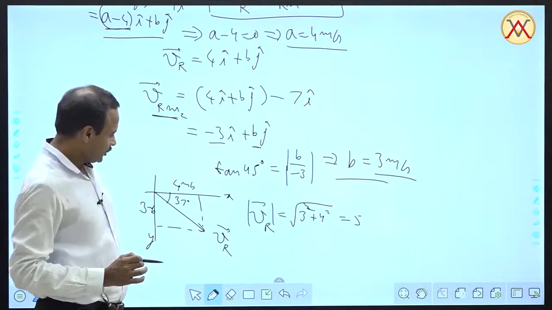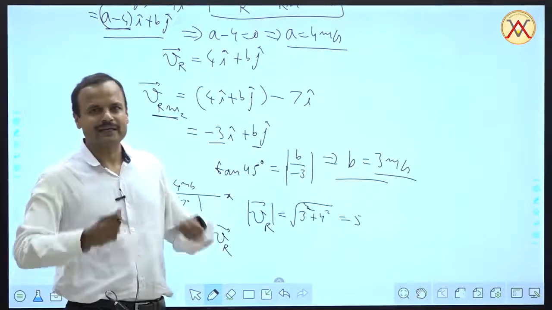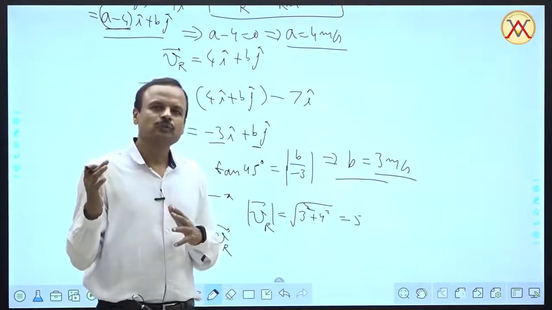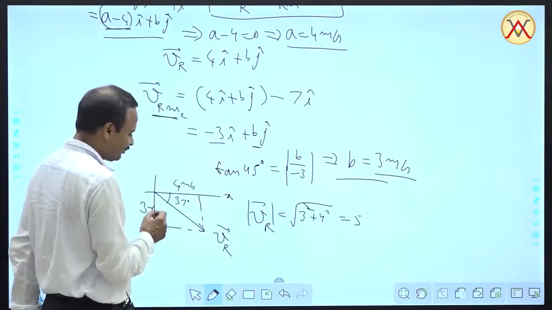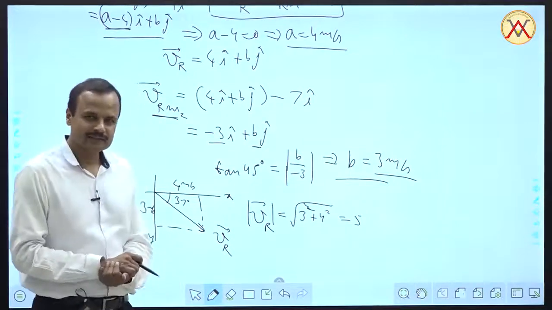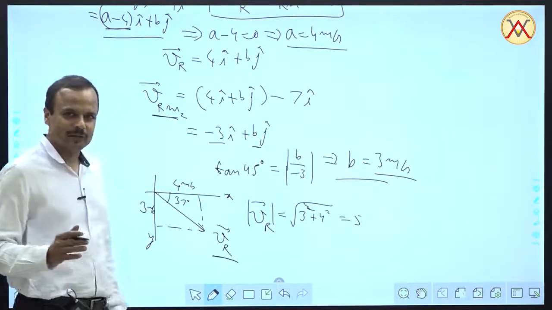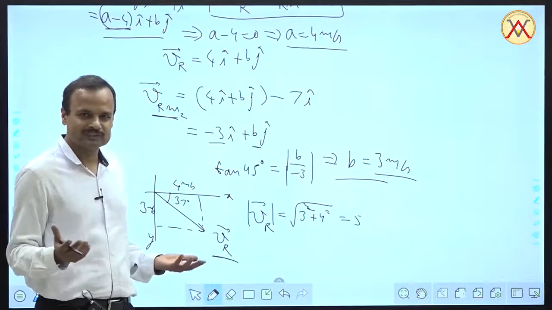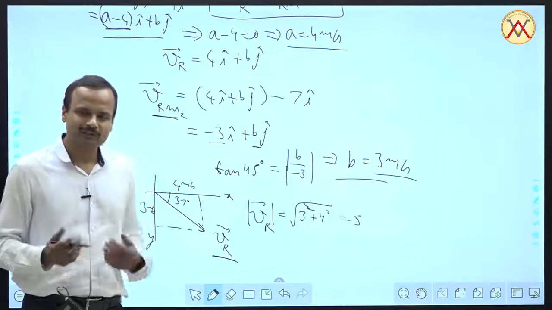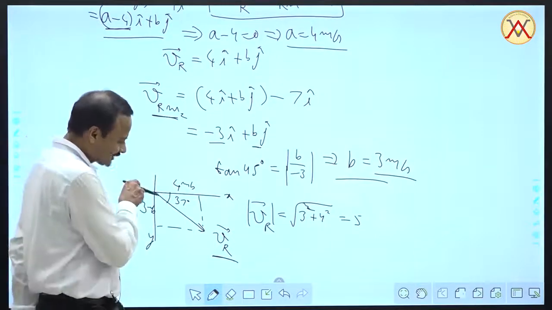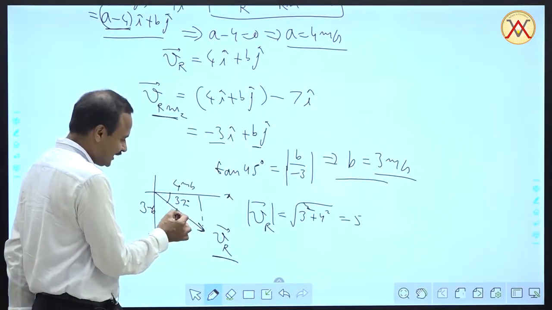All right. Now sometimes they also ask this in terms of at what angle he should hold his umbrella to protect himself in the best way from the rain. So the angle of the umbrella, suppose he is not moving at all, he is just standing. If he is standing, then the velocity of the rain that will appear to him will be the actual velocity, because he is not moving in the ground frame. So velocity of rain in the ground frame is also the velocity that will appear to him.